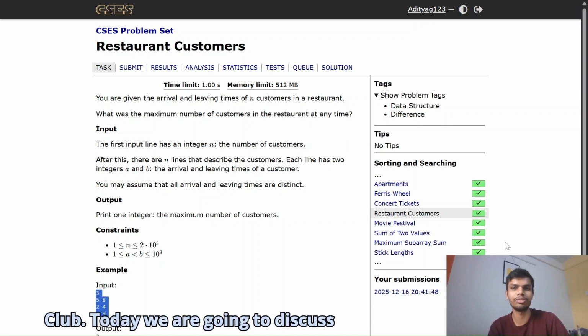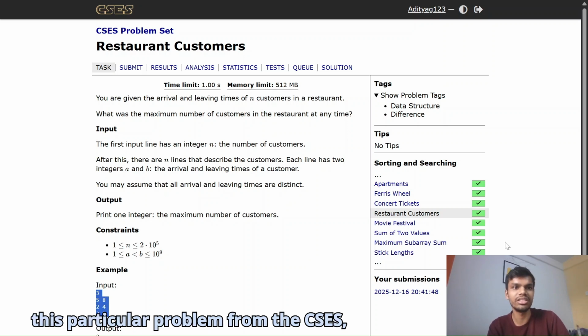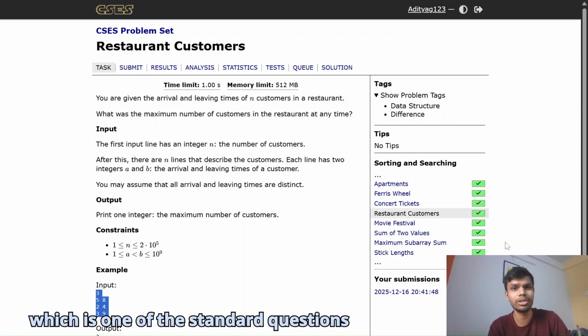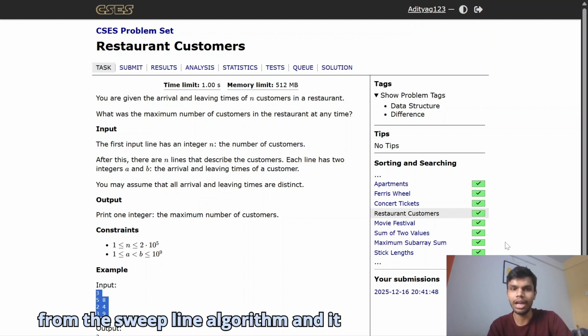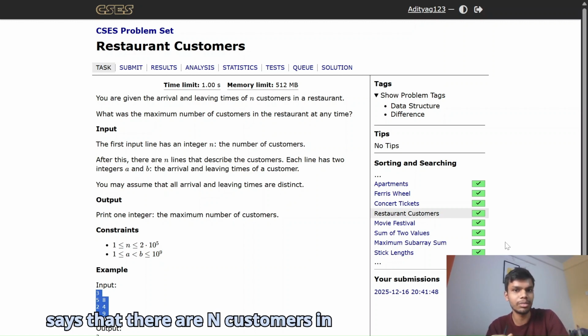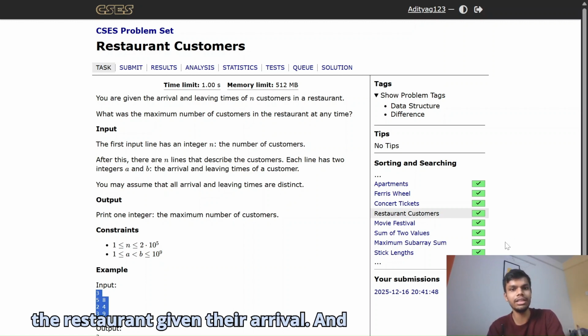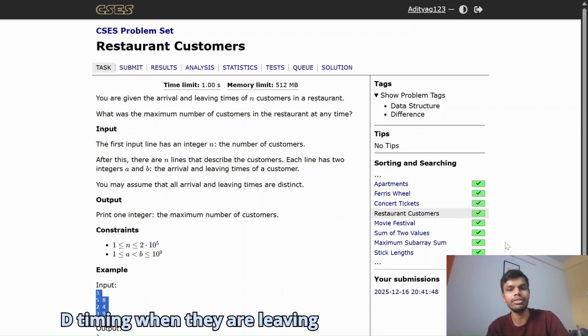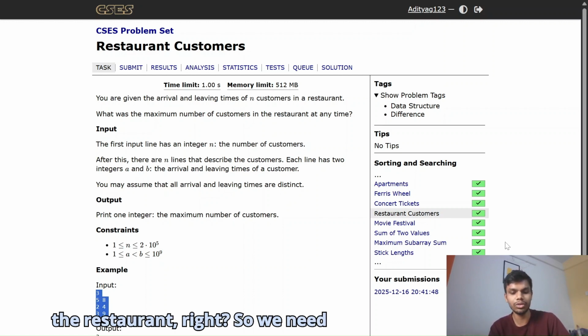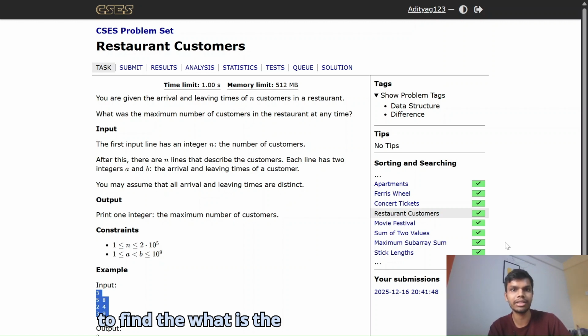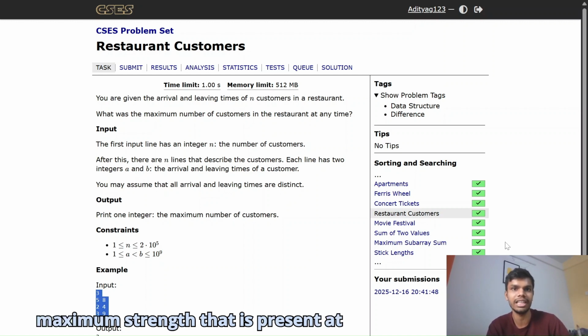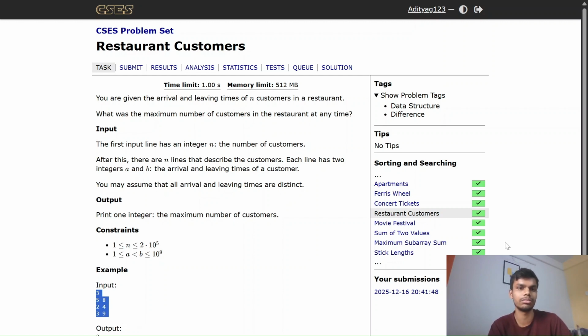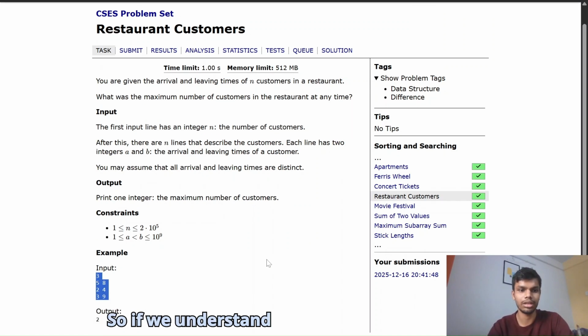Today we are going to discuss this particular problem from the CSES, which is one of the standard questions from the sweep line algorithm. It says that there are n customers in the restaurant, given their arrival and the timing when they are leaving the restaurant. So we need to find the maximum strength that is present at any timestamp at the restaurant. If we understand it from the given input,